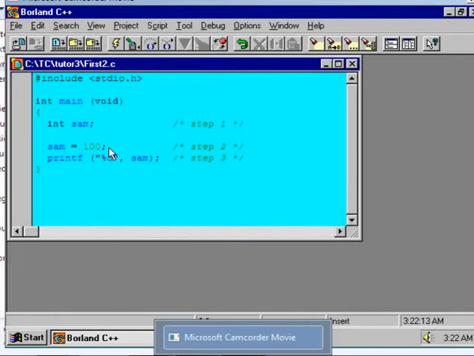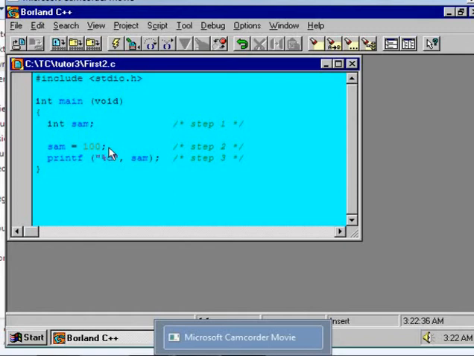In the second step, this one, Sam is equal to 100 and semicolon. In the second step, we store the integer 100 in the variable Sam. In other words, we have assigned the value 100 to the variable Sam. I mean, the variable Sam is initialized by the value 100. Clear this point?